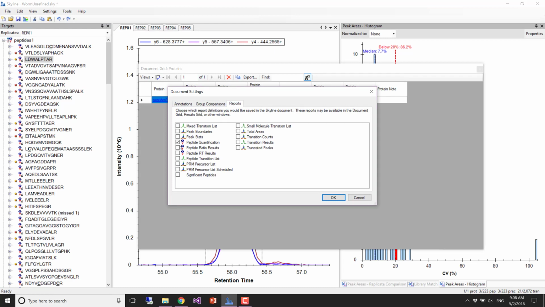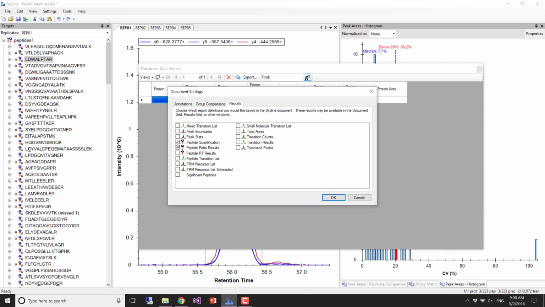So if you use peptide quantification and peptide ratio results, and maybe you did the customization we did yesterday, where you added the columns for accuracy and the actual analyte concentration,